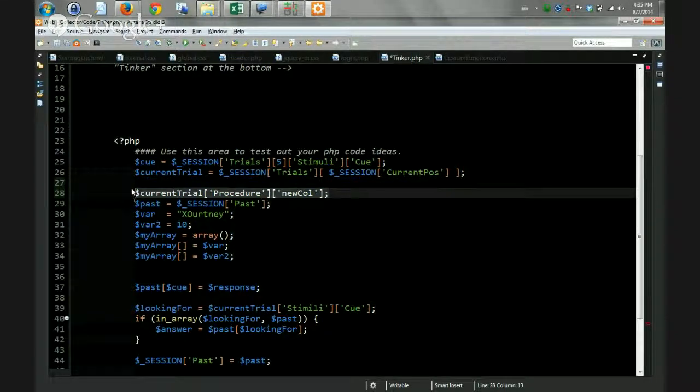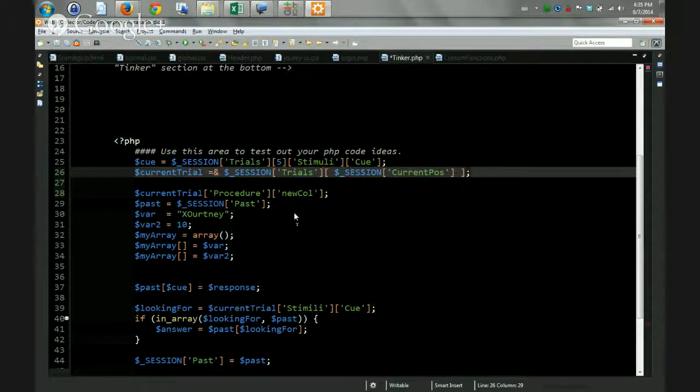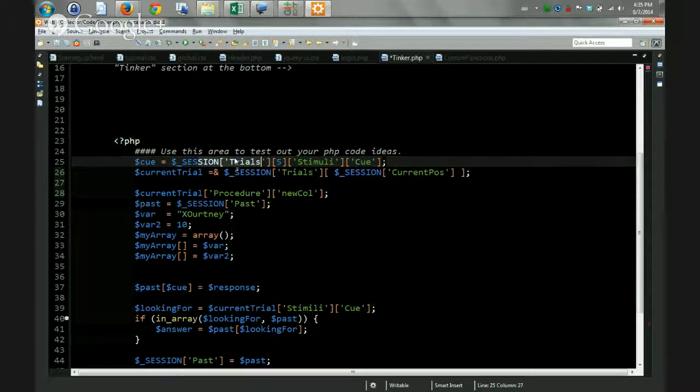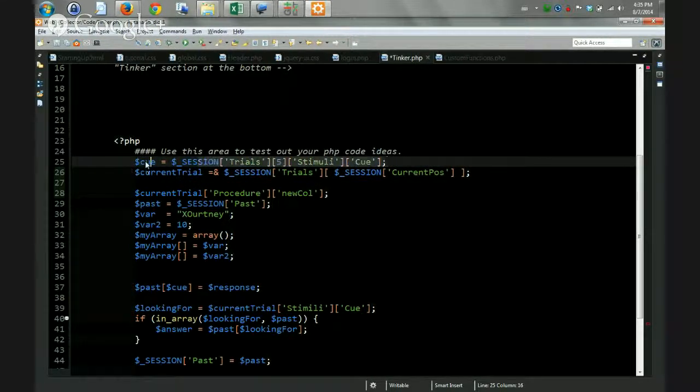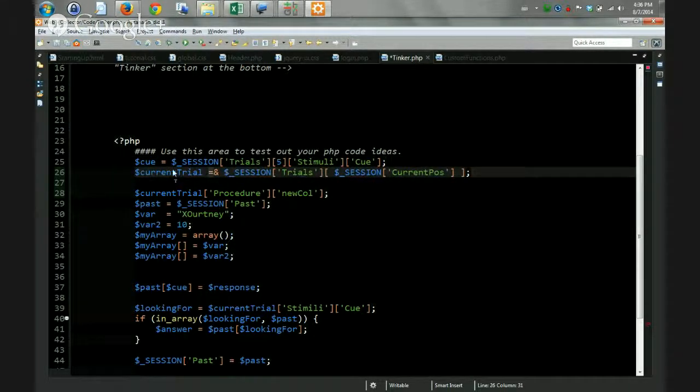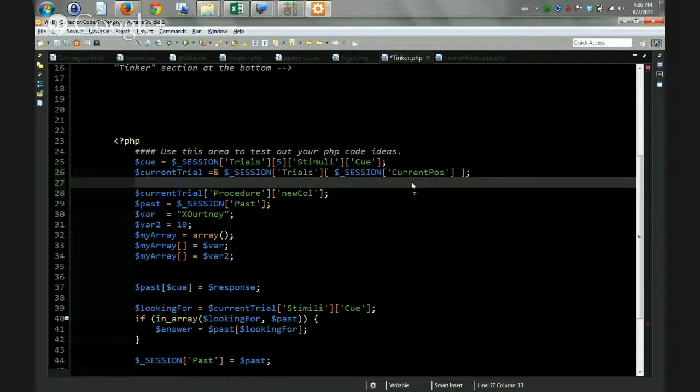But this is most of what you're going to be doing. And some of these we actually do, was it an ampersand, right? That's how we do it by referent. So equal to actually makes a copy of this value and sets it equal to that thing. Sometimes what we do is use equal ampersand, which means don't actually make a copy, just make this point to the big session array. So you can actually update the values, like just being like